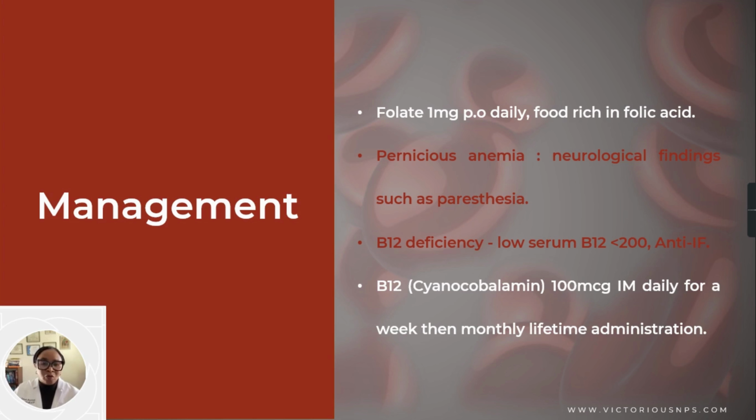So how do we treat it? For folic acid, you're going to give them folic acid supplements and encourage them to eat food that is rich in folic acid. For B12, we're going to give them the B12 supplement, which is called cyanocobalamin. Cyanocobalamin, if it's dietary, they can take it orally, but definitely if it's pernicious anemia, you want to bypass